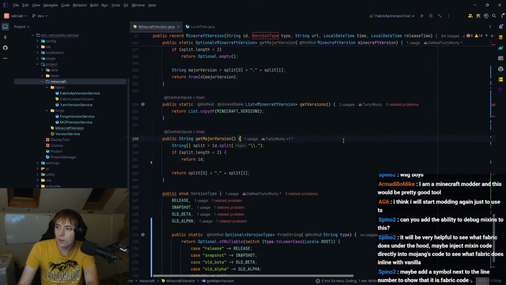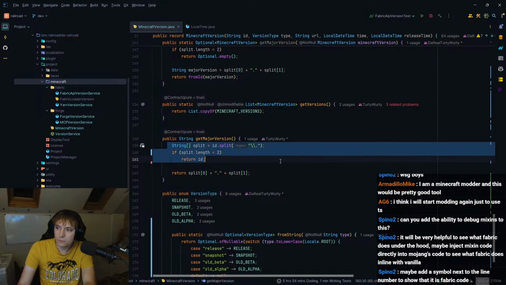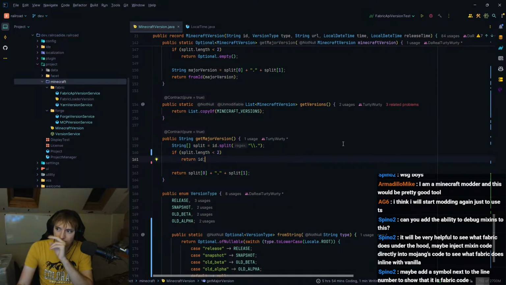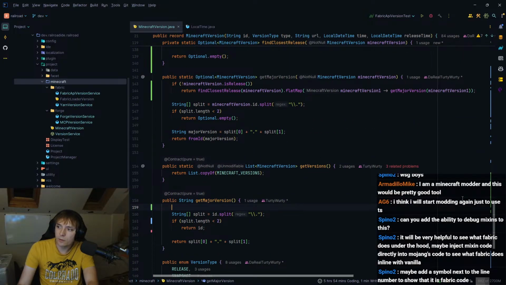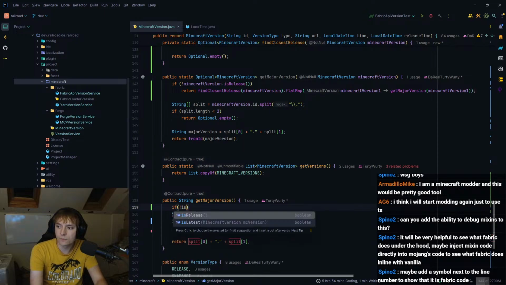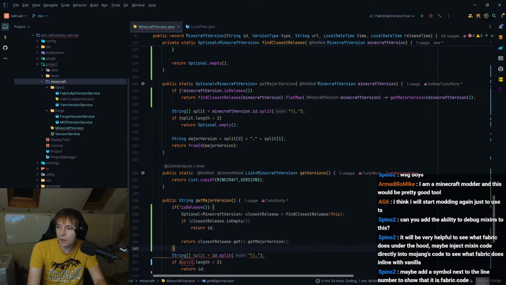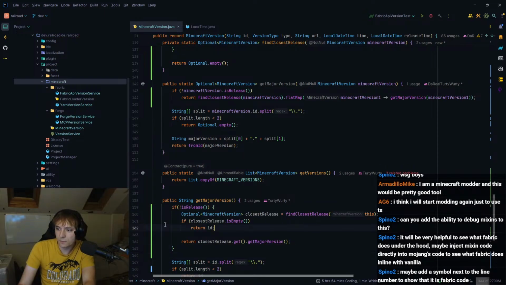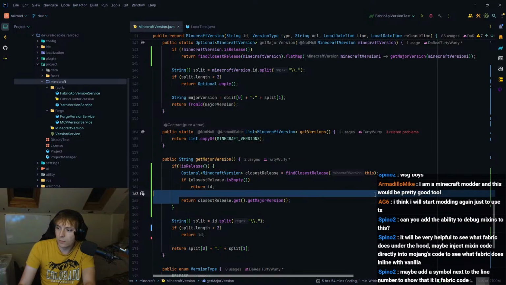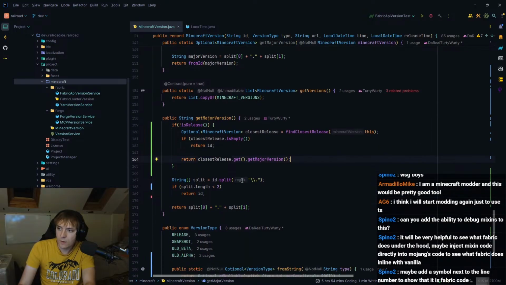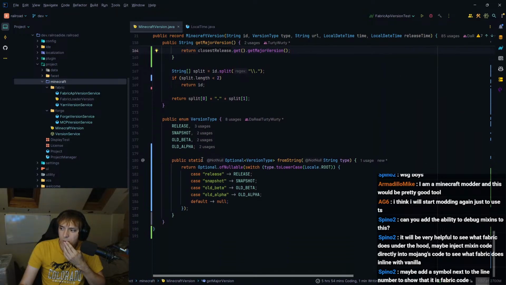Yeah, this isn't going to work if it's... What we could do is we could use find closest release. So if not is release, then find the closest release and get the major version. That's fine. I don't see that being a problem.